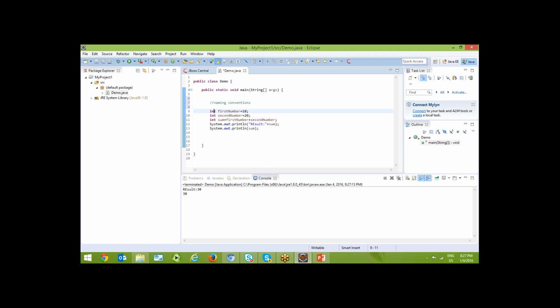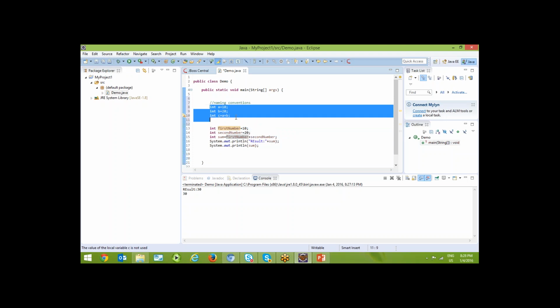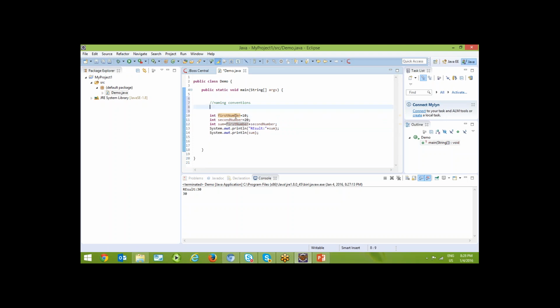It's nothing but suppose you can give like this also, like int a equal to 10 and then int b equal to 20, then int c equal to a plus b as well. But this is not an industry standard coding convention. If you use like this, it becomes like a beginner level. So you have to appropriately choose your variable names. Whenever you choose the variable names, it should be related to your application, what you intend to do with this program. So let's say first number, second number, or first, second, like that you have to take the names with meaningful conventions. So that is what we can see here.